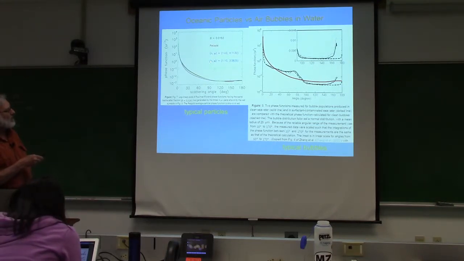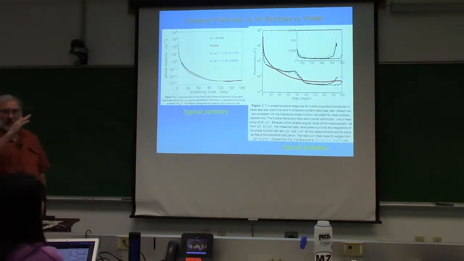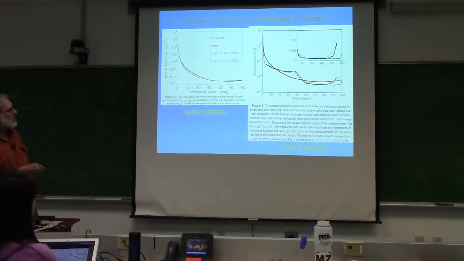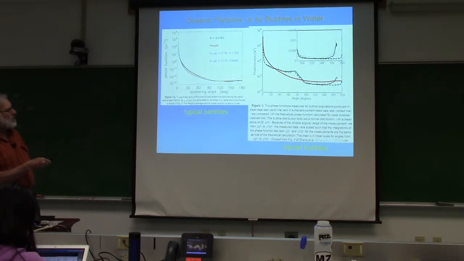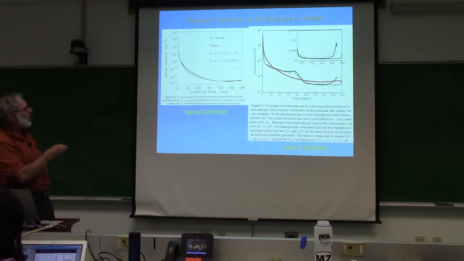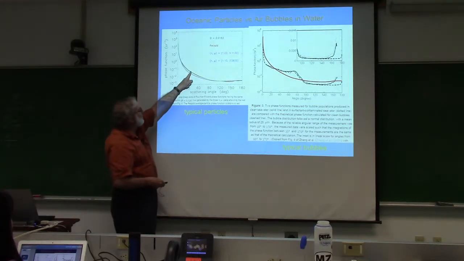this N is the index of refraction, and the 4 and the 3.5 here, that's the slope of the Junge distribution. So I've got three things there. I just computed what these various ocean particles look like. You can think of the purple as kind of low index of refraction, typical of phytoplankton. The 1.1, the 1.2, those are more typical of high index of refraction mineral particles, but they all have rather similar phase functions, rather similar if you realize this is a log plot, so there's like a factor of 5